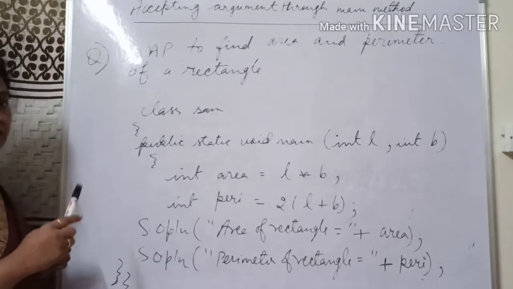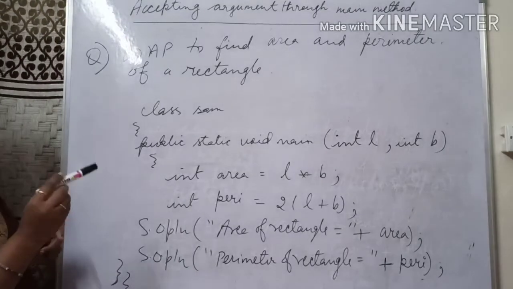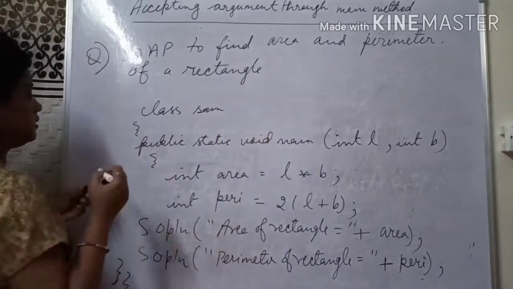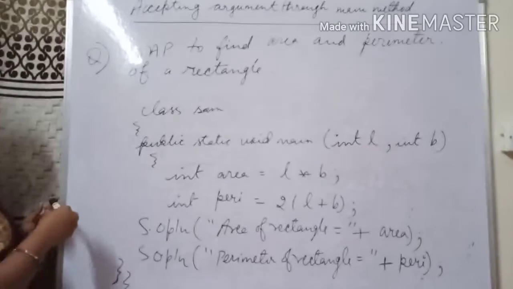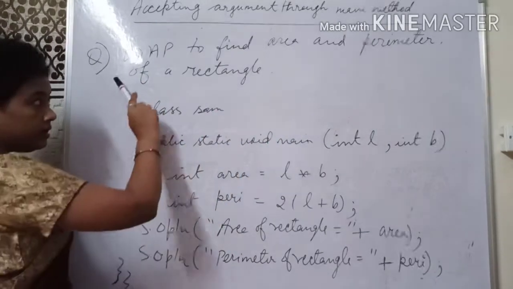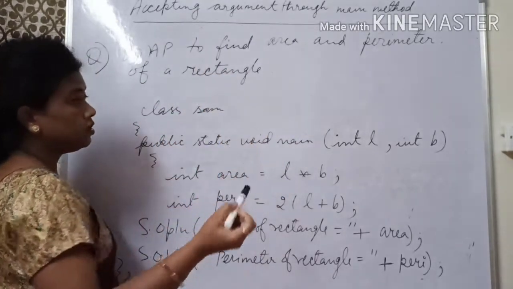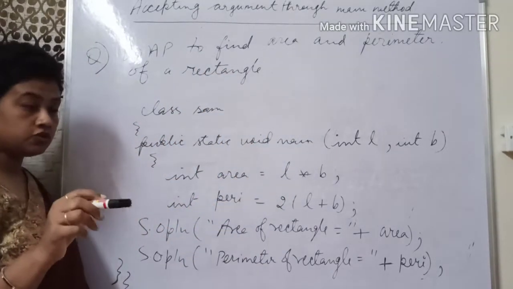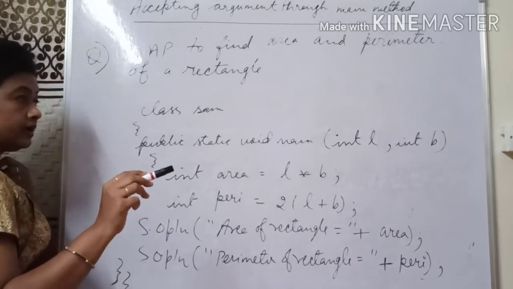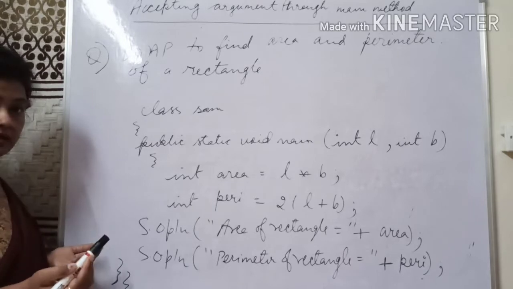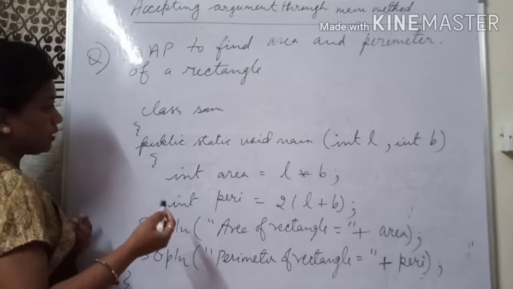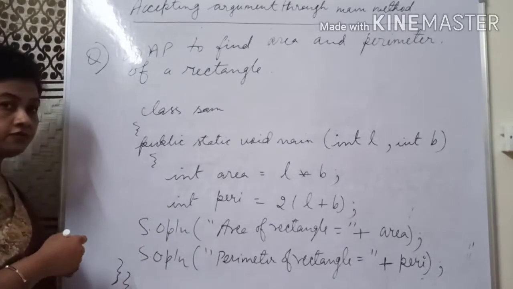Now let us take another example, and the example is like this. Write a program to find the area and perimeter of a rectangle. Now in this question we will notice that the values are not given anywhere. No values are given in the question. It means the user has to enter the values, and the user has to write such a set of instructions that they may come to the output. It means they will get the area and perimeter of a rectangle. So the user is required to follow such type of steps.